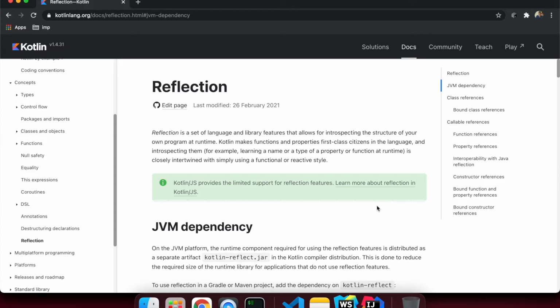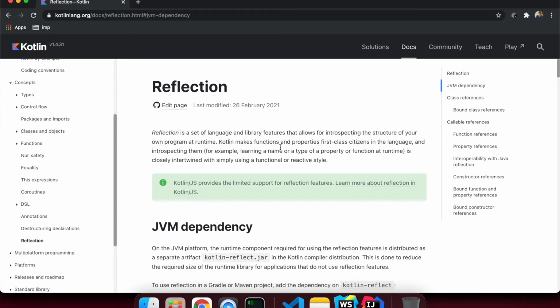Reflection is a set of language and library features that allows for introspecting the structure of your own program at runtime. So at runtime, we want to know about our program: what is inside the class, or whatever information we want to get about the class.